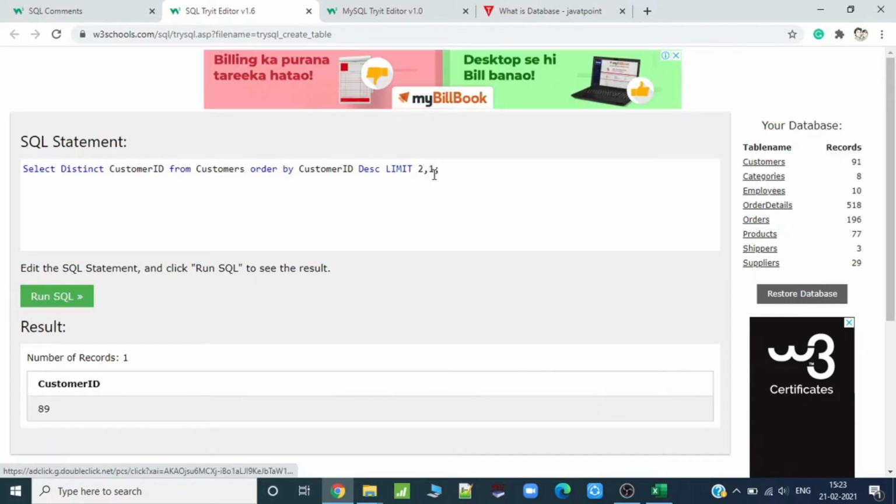If you want me to give the fourth highest element, you will just put 3 and then run it. It will give you 88. If you want the maximum one, you don't have to pass any parameter, just put LIMIT 1 and it will give you the customer ID of the maximum value. Hope you understood the use of LIMIT, ORDER BY, and all these things. After this, we will come to the WHERE clause.